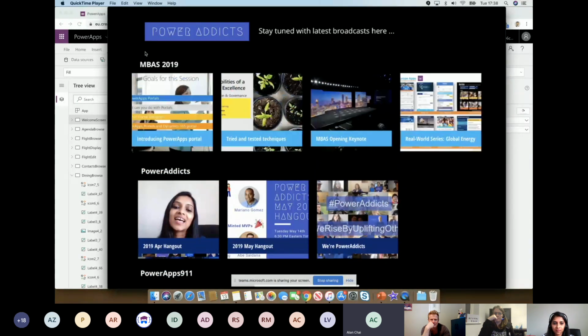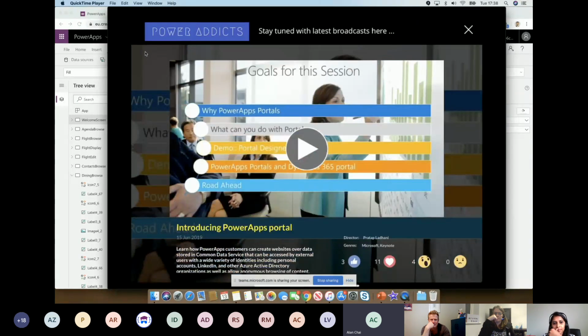If I choose one of them, I can play it. Again, you can see in the design, I also play with the color tone in this particular one by having the image gray out in the background, just to create the depth,